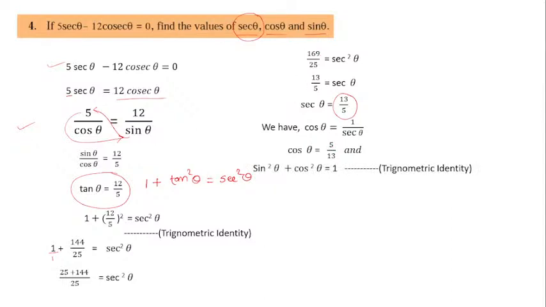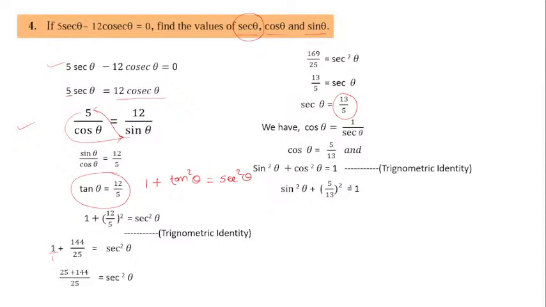Now we have the value of cos theta, 5 by 13. So this is the first trigonometric identity, sin square theta plus cos square theta is equal to 1. Here we have to replace cos theta by 5 by 13. So sin square theta plus, instead of cos square theta, we should write (5 by 13) square,